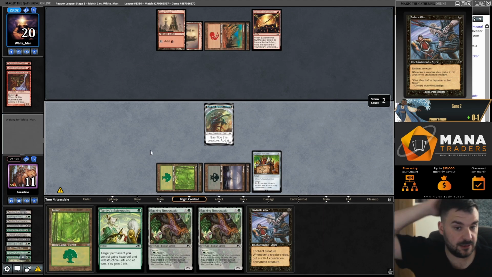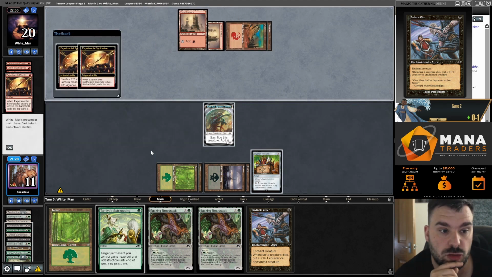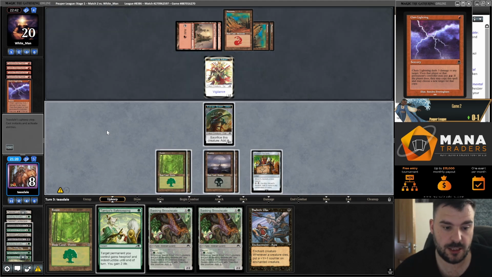So they have nothing in hand. We can... Well, they have nothing in hand. They have nothing on board. They've got 5 cards in hand. And they're having a crack for a Chain Lightning. They're chain lightning us. Okay. And they have a Mountain. Okay. So here we want to...